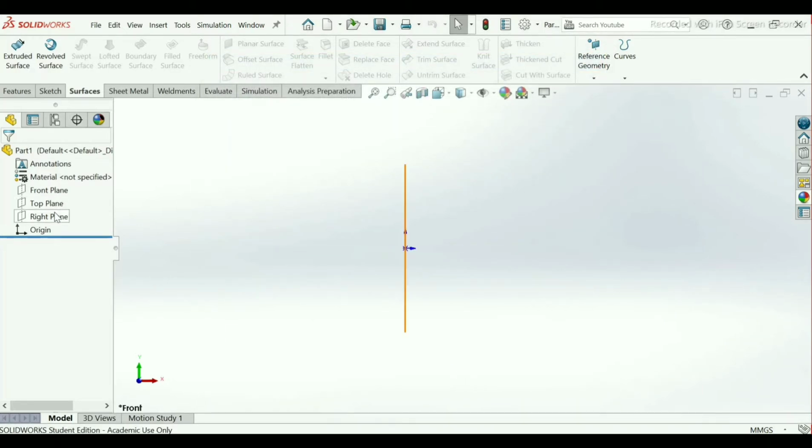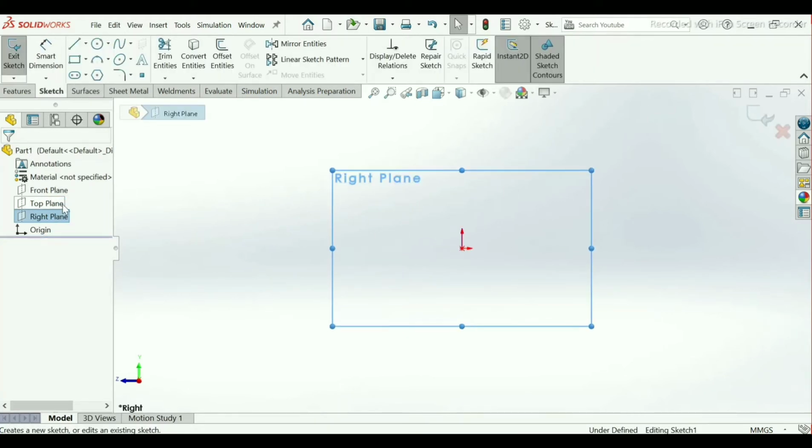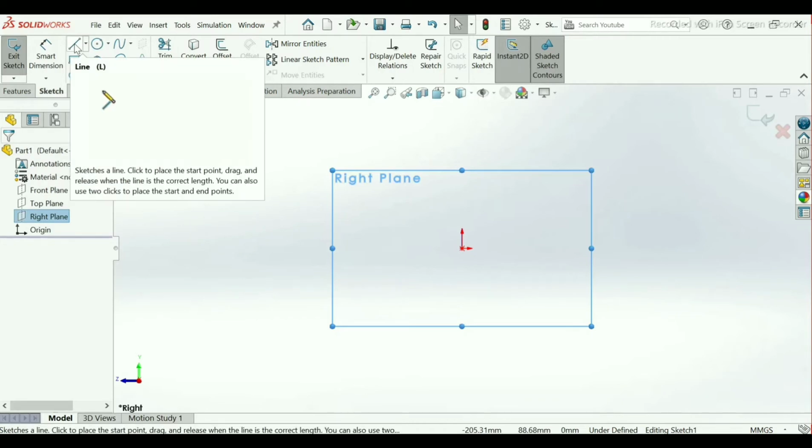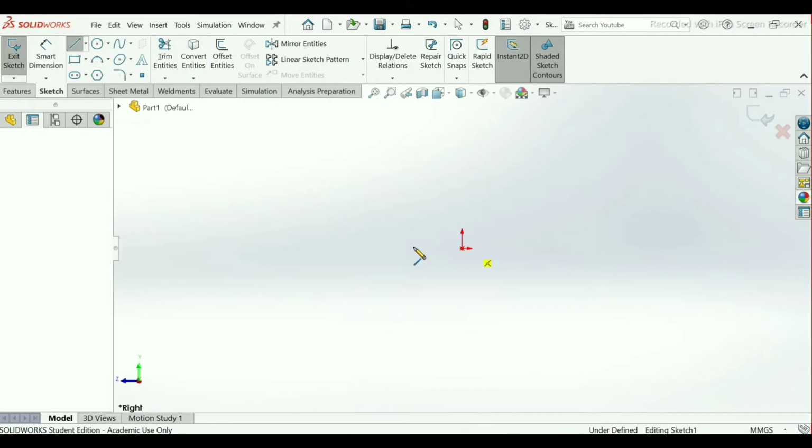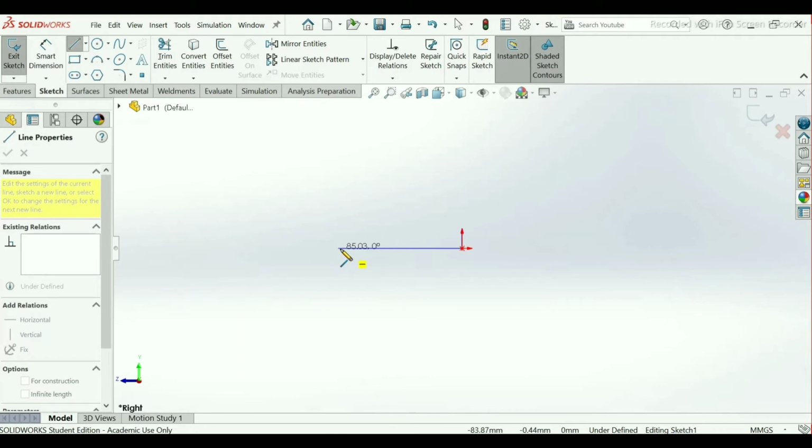Now go to right plane, sketch. Make here one geometry, take line command from sketch, select the point of origin, draw the lines.